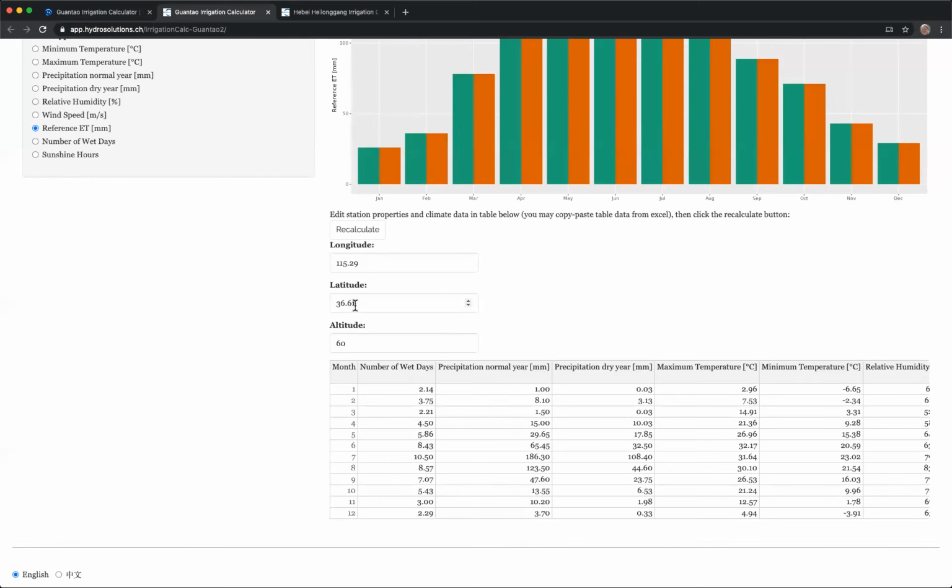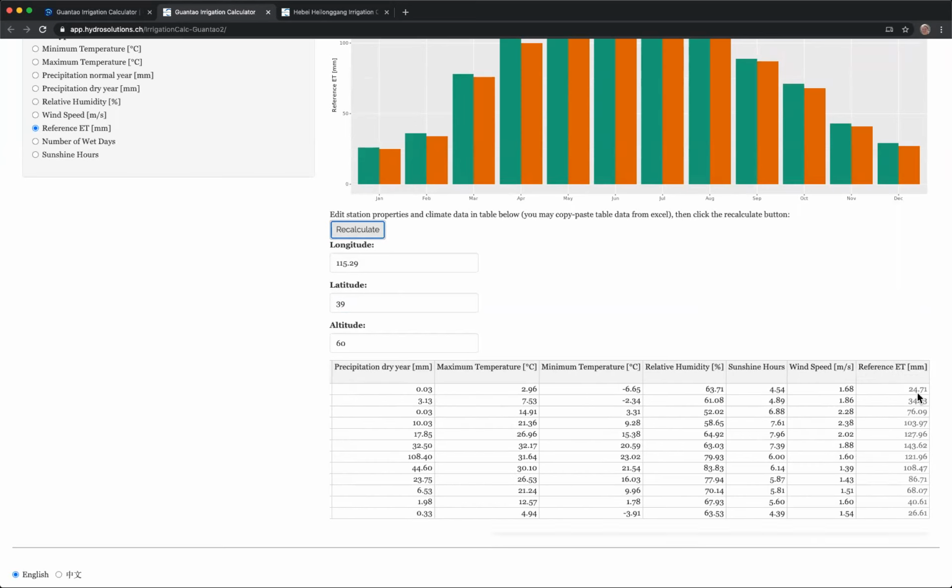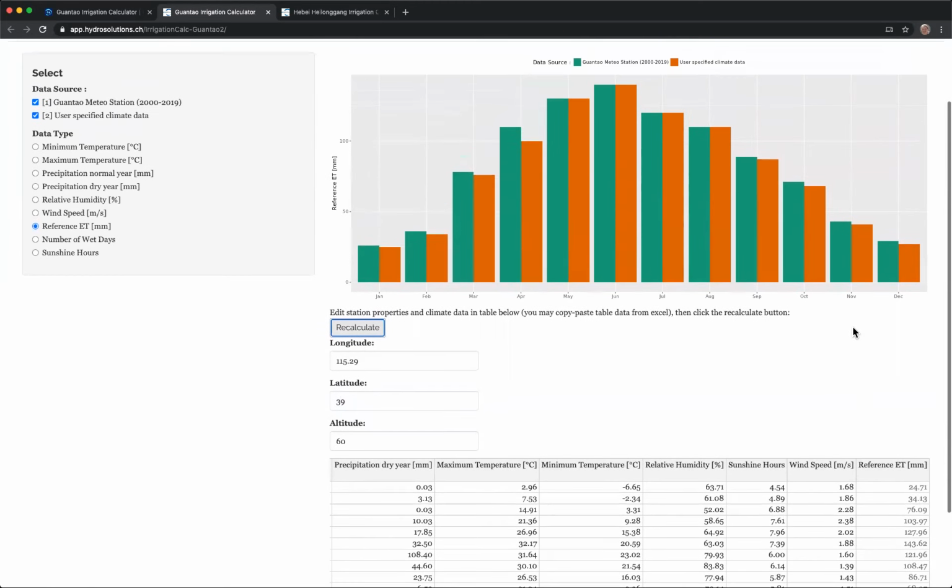So here you can edit, for example, the latitude. Let's say it is higher north. If you recalculate, this will immediately change the reference ET that is calculated by the irrigation calculator, and you will